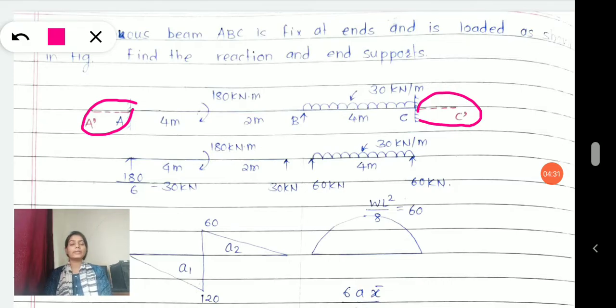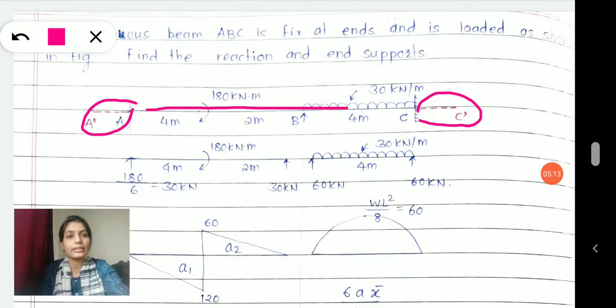First of all, in the first step of Clapeyron's theorem, what do you do? We try to understand the reactions at every support. We will break our system, a continuous beam, into parts; we will take simply supported beams out of it, and we will separately analyze each of the simply supported beams, right? Each simply supported beam will be considered for analysis, and we will calculate its reactions, then we will move to the moment diagram, right? And that's exactly what I have done in the first step. See, I have broken my beam.